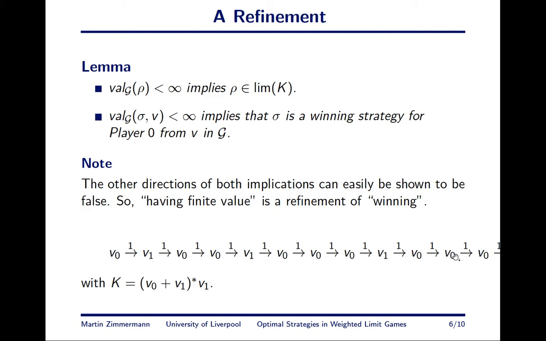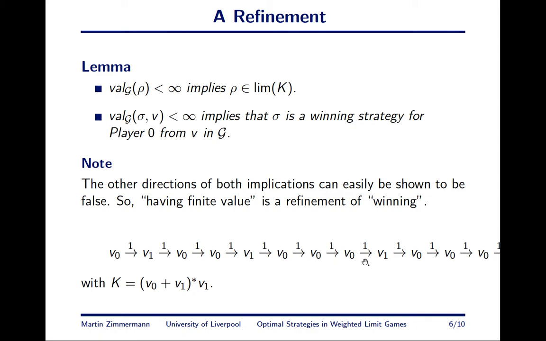And there's an example down here where we essentially want to see infinitely many V1. And we measure the distance between the occurrences of this V1. And this just diverges. So if you see here, we have 2 V0, then we have 3 V0. Here we have 4 V0 already leaving the screen, and so on. So this still satisfies the specification limit K. We see infinitely many V1, but